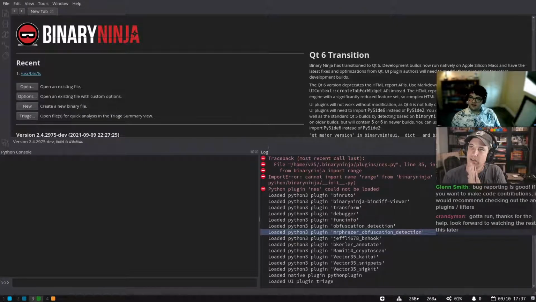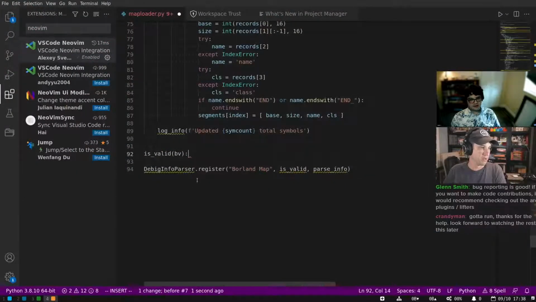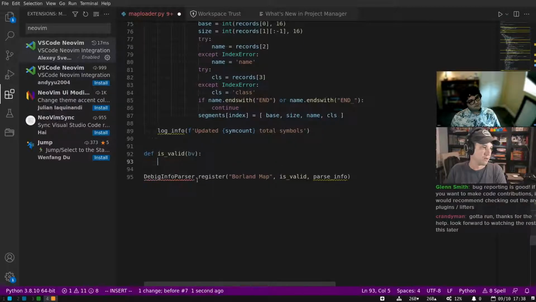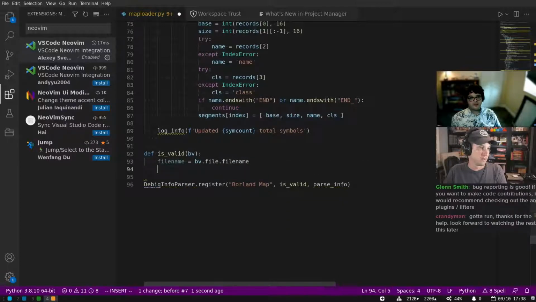So in this case, it's going to be the binary view of a text file. Of a text file? Because the debug info is stored in the Borland map, which is a text file. Right, but we're going to open an exe, and that's the thing that we're going to say, yes, we can handle. And then we're also going to handle the exe if we also see a .map file or something in the same folder, right? Yeah. It can work a couple different ways. If it sees a .map file in the same folder, I'm just going to do that. So file name is equal to bv.file.filename, and